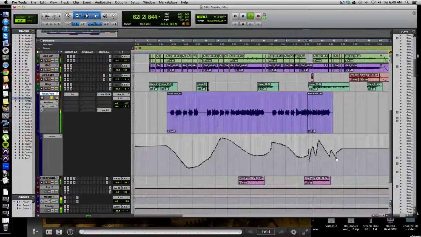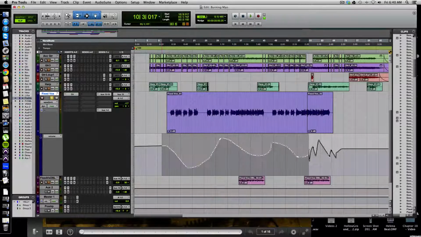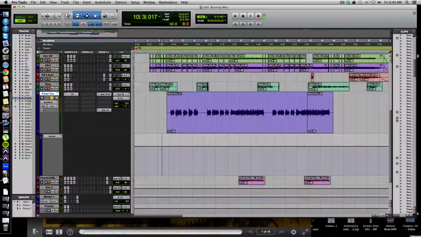So there are some pretty abrupt changes in amplitude there. You saw the line tool. You can do a triangle tool,